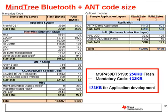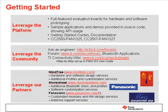There are several avenues that you can use to get started. One is to get started using the platform. Again, the platform is taking our host controller like MSP430 or Stellaris and connecting that with our Bluetooth or our Bluetooth and ANT radio. What we do with that is provide you all the software that you need, for example, to connect the drivers together, and the application code that you can use to start your own design. This is greatly going to speed up your own development. We have documentation and getting started guides all available on a wiki to give you everything that you need to begin. The devices that are available are